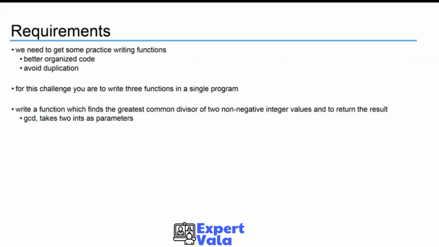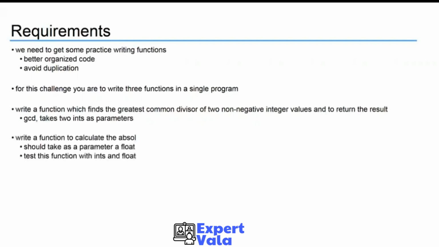I also want you to write a function to calculate the absolute value of a number. The absolute value of a number is its positive value. So if you have a number -5, the absolute value of that is 5. If you have a positive number 5, the absolute value is 5. It's a very simple function. Actually, the implementation of this function, all you are going to need to do is really